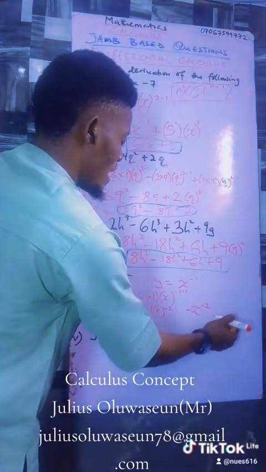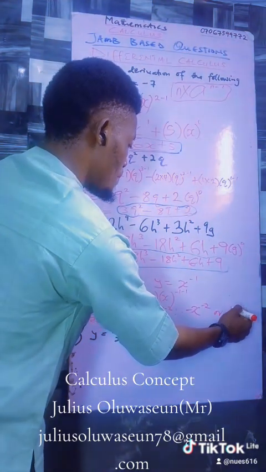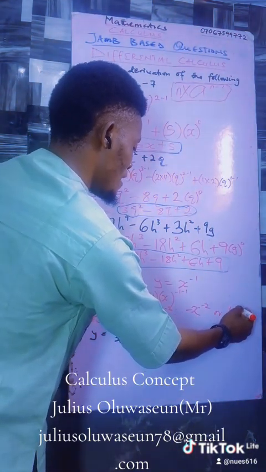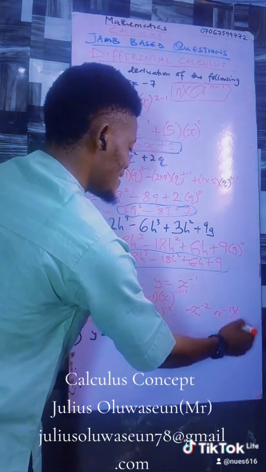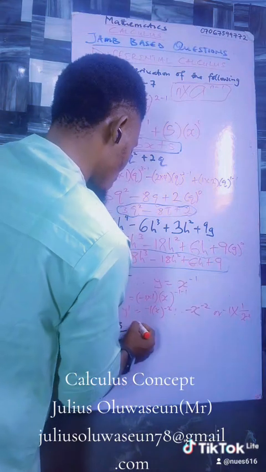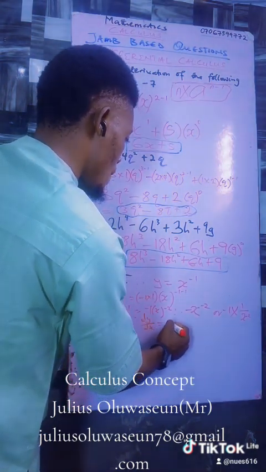So we can have an answer like this, or you may write minus 1 times 1 over x power 2. So therefore we can have our dy dx to be minus